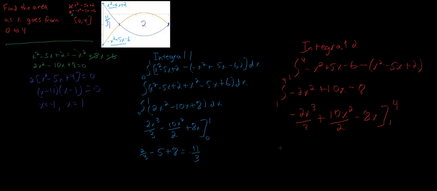And we get negative 128 over 3, since 4 cubed is 64 and 2 times 64 is 128, plus 80